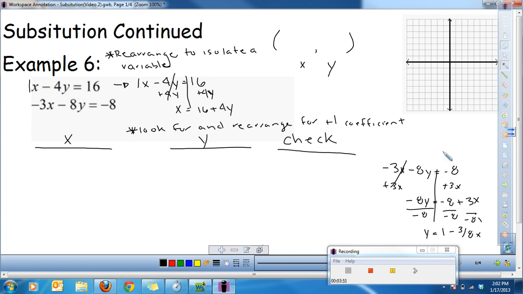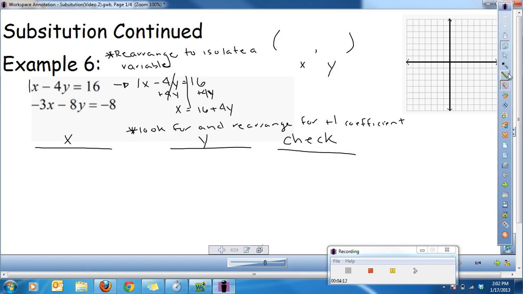This is a lot more work than this. If we just look for a coefficient that has a positive 1, it is a lot easier. So I'm going to erase this now, but I want you to see why that was easier. I'm going to give us back some more room. So always look for the equation that has a positive 1 coefficient and rearrange for that number. So now I've rearranged x minus 4y equals 16. I've rearranged that into x equals 16 plus 4y. So I'm going to write that here. x equals 16 plus 4y. And I still have my second equation. I'm going to write that under y.